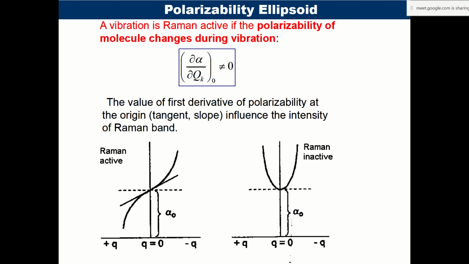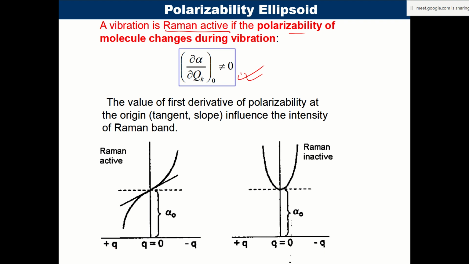Okay, so let's see what must change if a vibration is Raman active. The polarizability of the molecule must change. What aspect of polarizability must change? Either direction, magnitude, or the shape. Polarizability is a tensor, so we have any of these three things. So this is del alpha by del q, look at this. This must not be 0. It must have a finite, non-zero value, very close to the equilibrium.